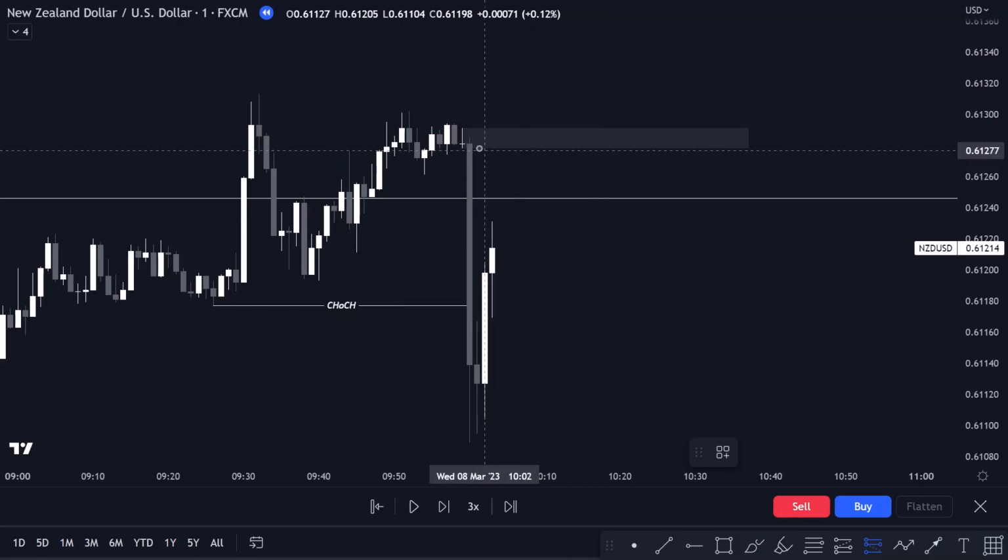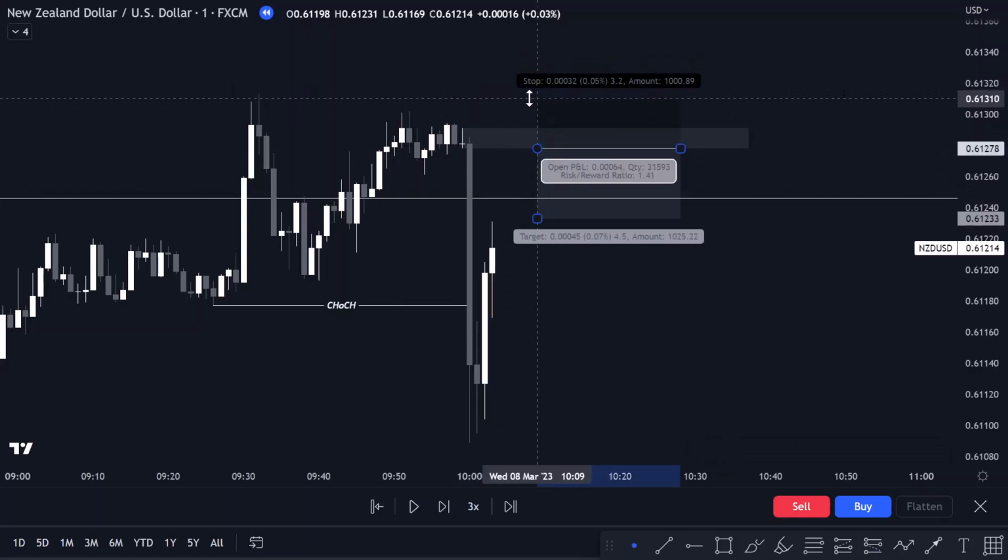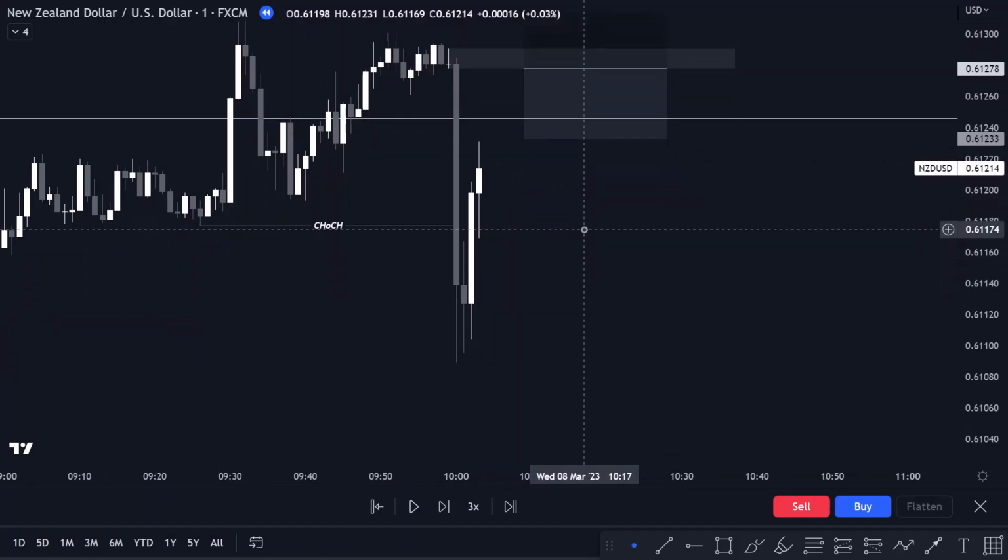So basically, when I enter on a fair value gap, I go to the 50%. But when I have an order block, I go at the beginning of the order block. So basically, my entry is here, stop loss is just above this swing high. And then,